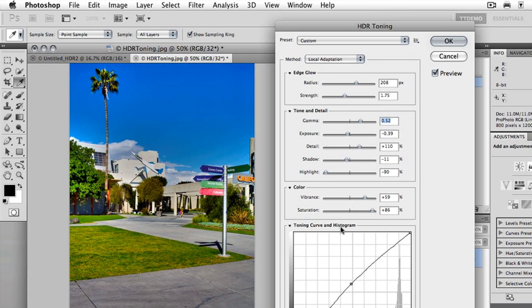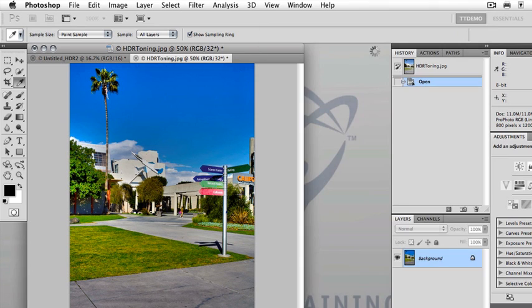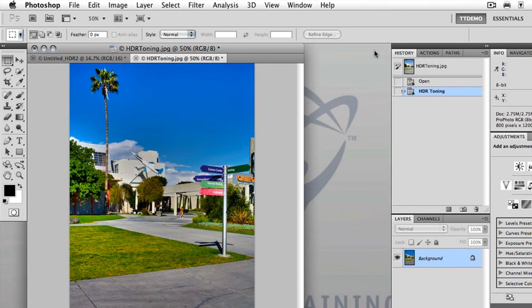So in this case, with a single channel image, these presets are great. They can really get you to a good starting point when you're trying to achieve a very stylized result. If you're happy with these results, simply hit OK. And you've now got a faux